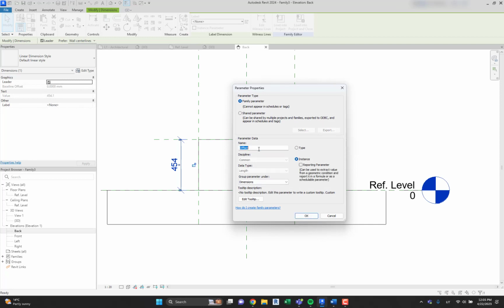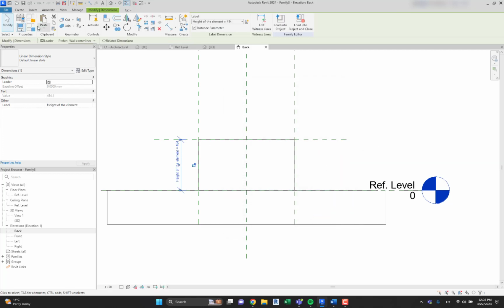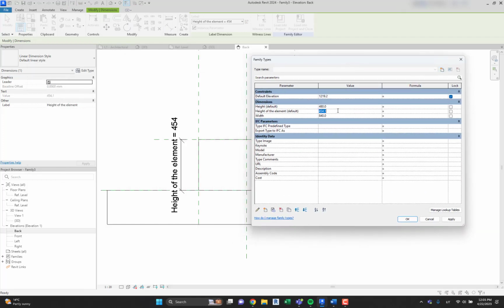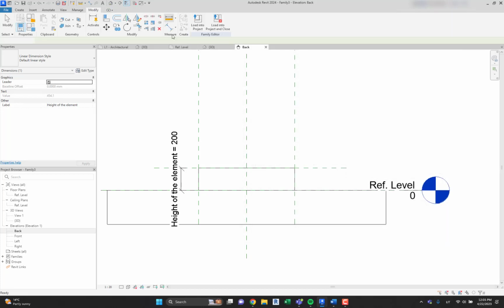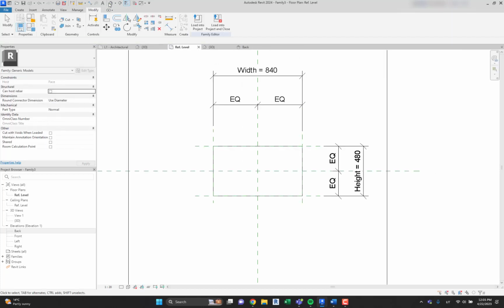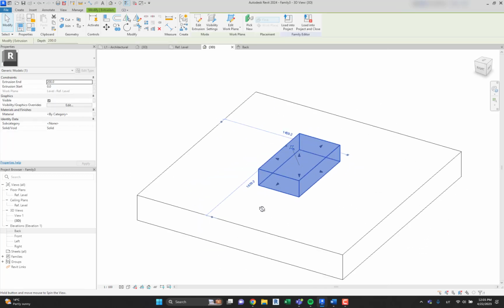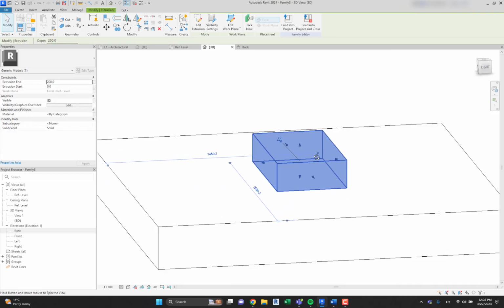No, it's better to be the height of the element itself. Something like that. It really doesn't matter, actually. I just want to make sure it works properly. That's perfect. Okay. So now we have our face-based element created,